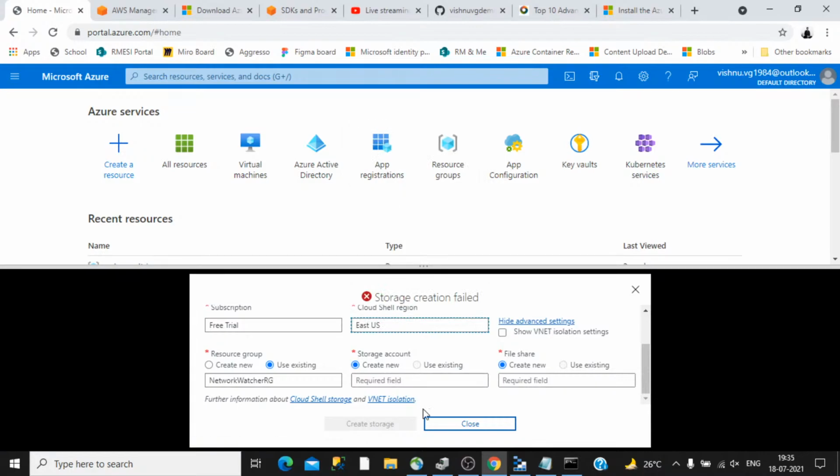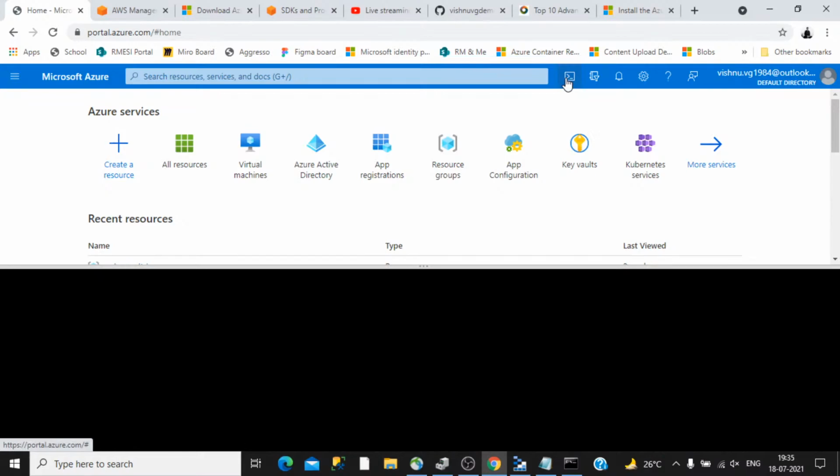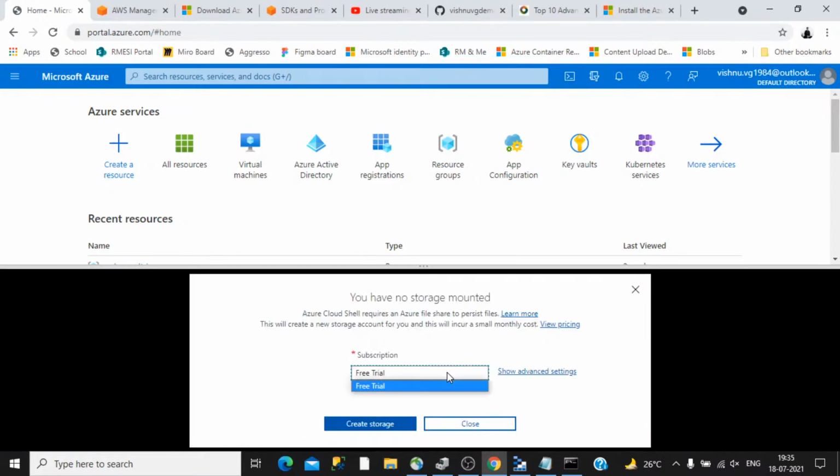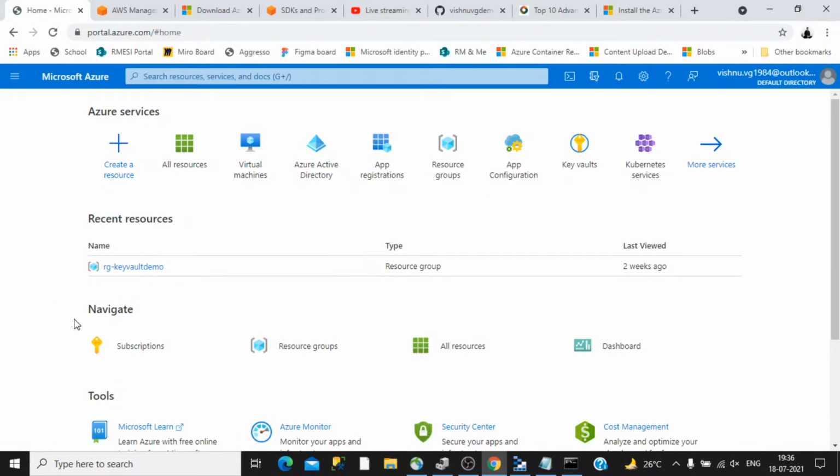Let's create a storage in a different area and see. Okay, we can check that later. This is not that important. So usually this will work, and if you create that, the Azure CLI will be enabled.